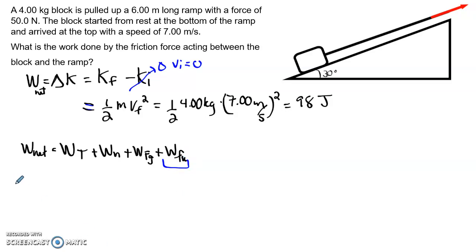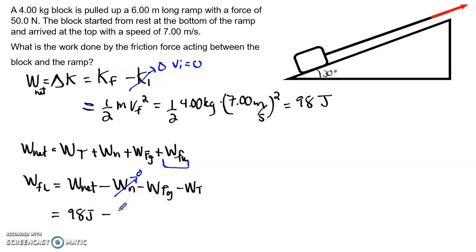And what we get is that since we know that the net work is equal also to the kinetic energy, we'll have that the work done by friction is equal to the net work minus the work done by the normal minus the work done by gravity minus the work done by the tension. The work done by the normal, that's an easy one as well. We found that this was just 0. So what we're left with is just the net work, which is equal to the 98 joules of the final kinetic energy,